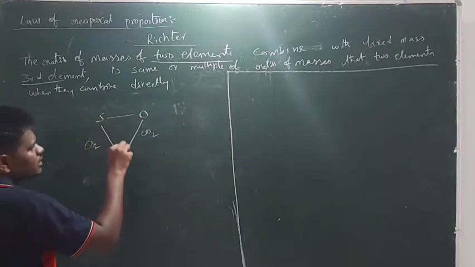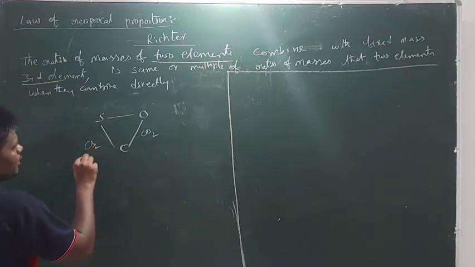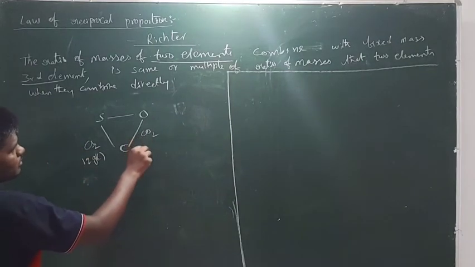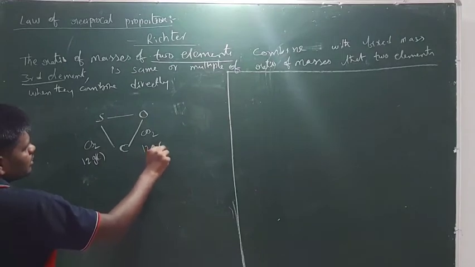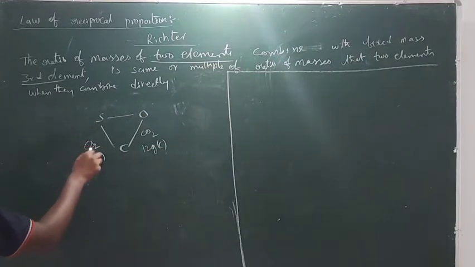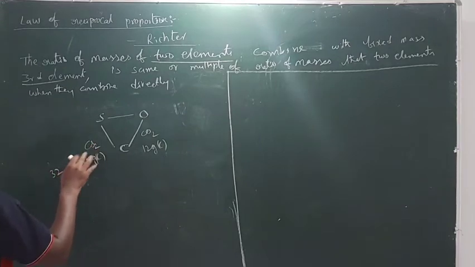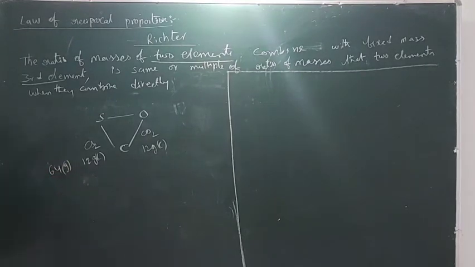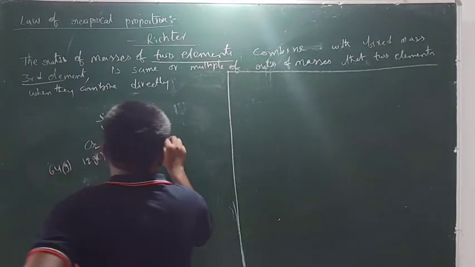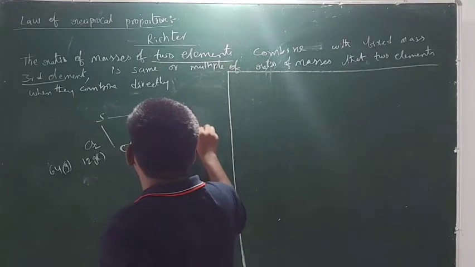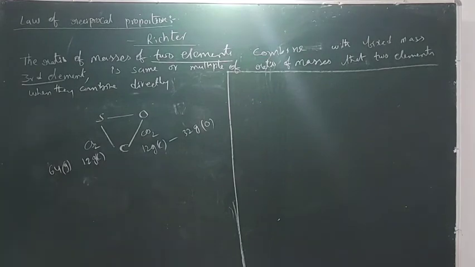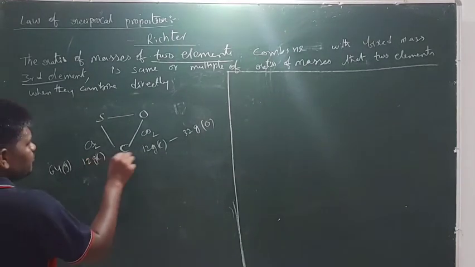When sulfur combines with carbon, we can get CS2. Here the carbon mass is 12 grams, because only one carbon is there. And the mass of the sulfur: two sulfurs are there, each sulfur mass is 32, so here you get 64 grams of sulfur. Next, oxygen mass, how much, guys? 32 grams of oxygen, and 64 grams of sulfur combine with the same mass of the carbon,